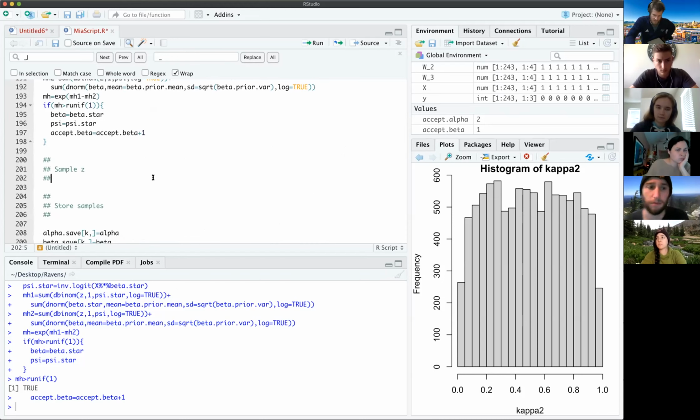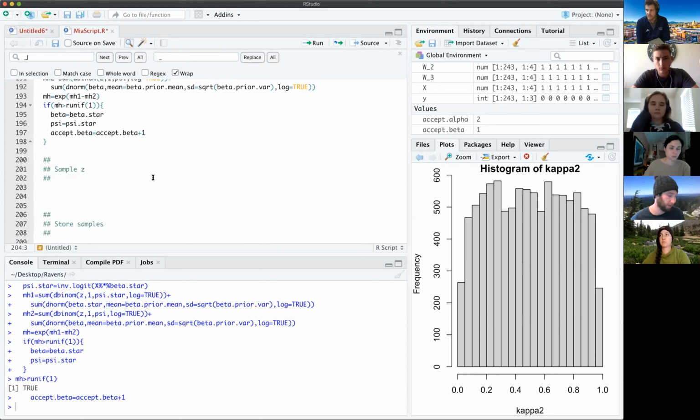All right, this part's going to be new too. Z is this unknown quantity or partially known quantity. It's a latent variable. We know it sometimes. We don't know it other times. And when we don't know it, we're going to have to sample it. In Bayesian inference, we treat all unknowns as random variables. So when we know it is when